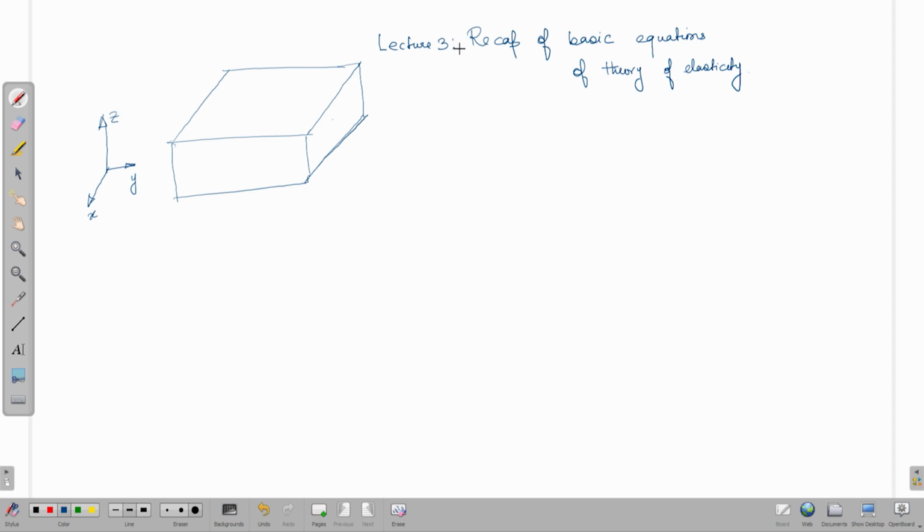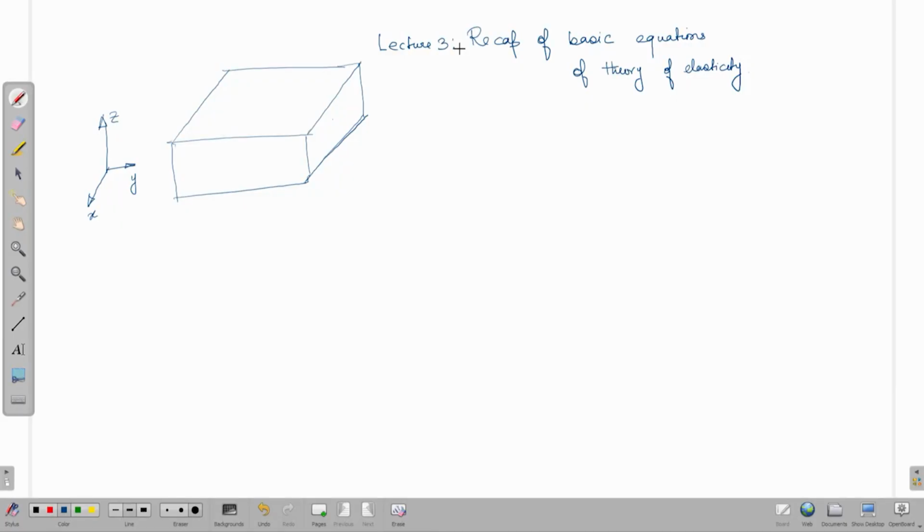So, let us start with the equations of equilibrium. Let us consider a generic 3D body and let us draw the 6 stress components that occur in a generic 3D elastic body. So, we have this 3D elastic body. I have drawn the coordinate axis as well. Let me just draw the stresses and strains. So, the normal stresses and the shear stresses. I have sigma x here, I have sigma y here, the normal stresses, and I have sigma z.